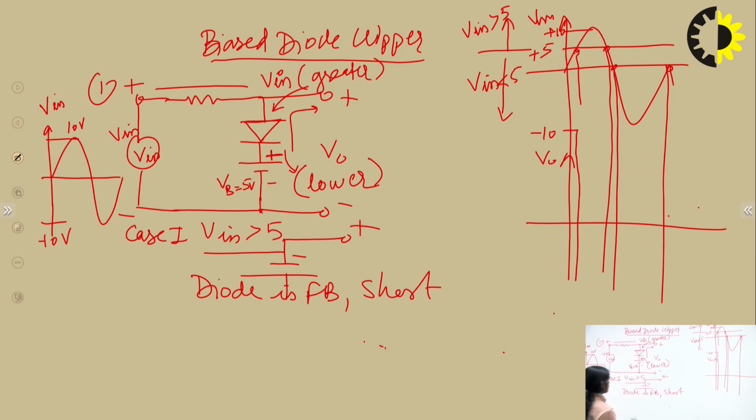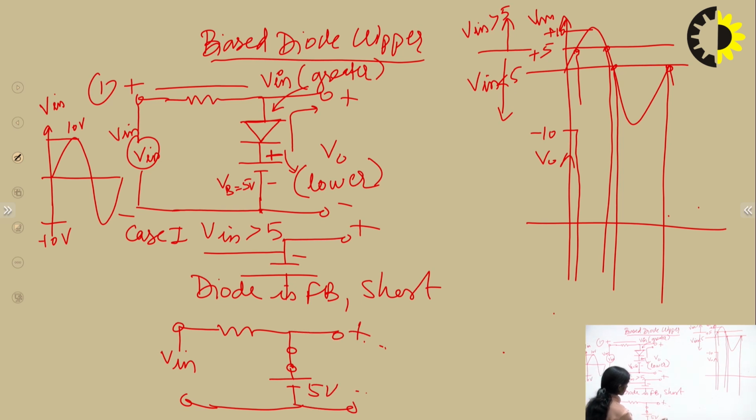So in this arrangement, if we will draw the equivalent circuit, we will have the circuit like this. This is the Vin coming here and diode is acting as a short path with this DC battery connected here, that is 5 volt, and we have to take the output across this. Now if we will going to find the output across this, we will going to find the output in this loop. So in this loop, if we apply the KVL in this direction, anti-clockwise direction, minus to plus, we have plus Vout, plus to minus, minus 5 equals to 0.